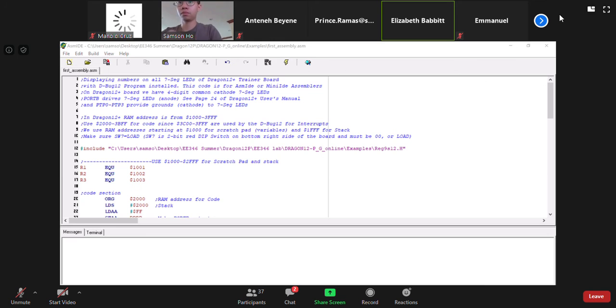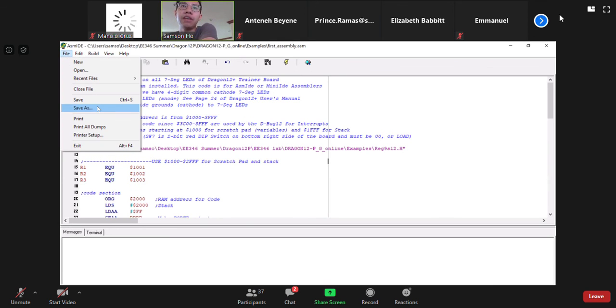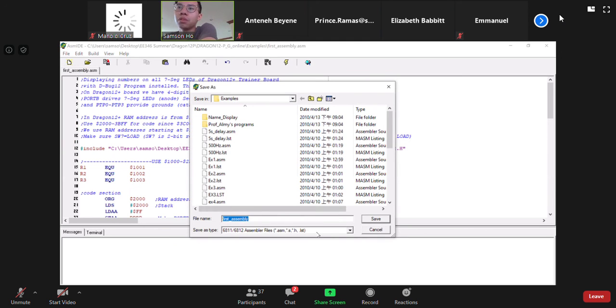So are we saving it as a .txt? I know you changed the title to .asm, but didn't we open it as a text document? Yeah, I think it will open as a text document in the ASM terminal. But once you open it, you can have it saved as assembly. So you don't need to worry about that, because even though it's open as a TXT, once you save the program, it's going to be automatically converted to ASM. The reason I'm doing it this way is so it's easier for you to carry the code into the directory. You can definitely also